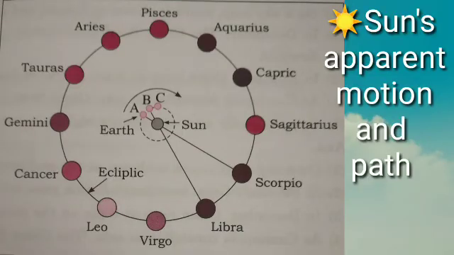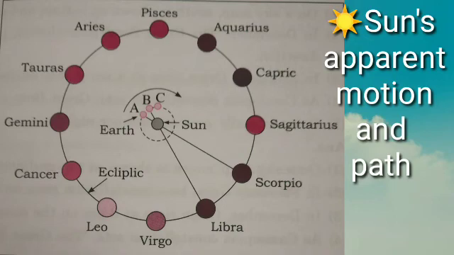Sun's apparent motion and path. Owing to the sun's bright light, an observer cannot see the constellation behind the sun, but it is present behind the sun. When the earth is at A, for an observer on earth, the sun appears to be in Scorpio zodiac sign. As earth moves from A to B, the observer says the sun has entered Libra zodiac sign. In reality, the sun does not move, but the observer pursues it due to the motion of earth around the sun.